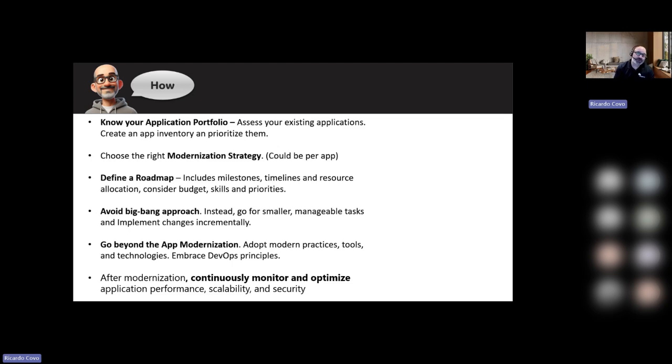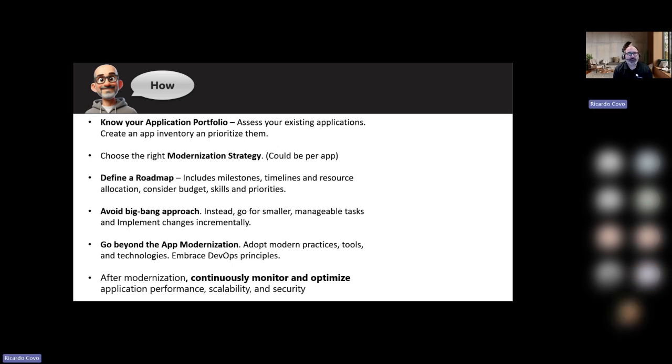So the roadmap should include milestone timelines and resource allocation. This is pretty much a business plan, so think about a business plan that you go and present to your boss: these are all the things that we're going to do, consider the budget, what skills do we need, what are our priorities. Don't rush. This doesn't need to be everything in 6 months. Take your time if you can,